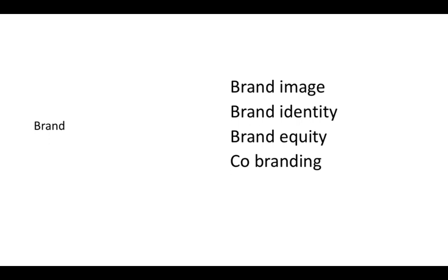A brand is related to product. A brand is literally just the name of the product, but there's many extensions to the concept of brand, and brand marketing is a very potent and talked about idea in international marketing. For example, you can talk about the brand image, which could be the colors or the logo. The brand identity, what do you think of when you think of a certain brand? You think of Nike, they want you to think of sports. The brand equity is the money that's been put into the brand over the years, and co-branding is like when you work together with another brand. So Nike with a football team.